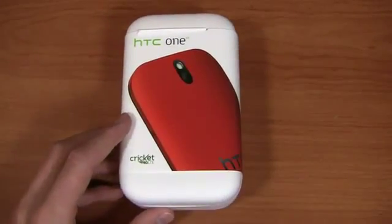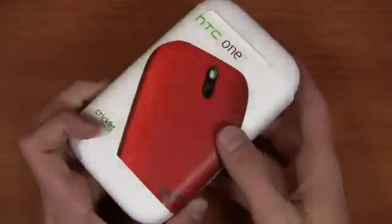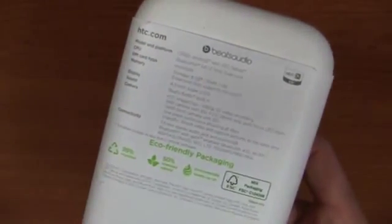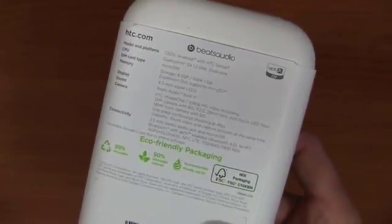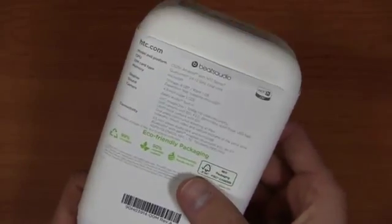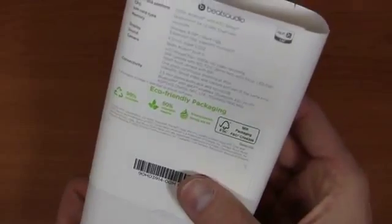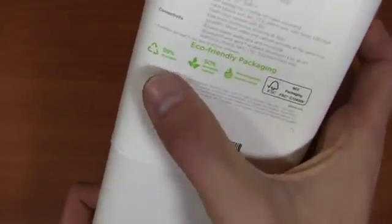It's available now at Cricket for about $330, and what I like about it is in addition to the Move Music feature that comes with Cricket, you do get 4G LTE capabilities in markets that support it. Other specifications include a 1.2 gigahertz dual-core Qualcomm Snapdragon S4 CPU. You got a 4.3-inch display here, 480 by 800 pixels, Super LCD2. You've got a 5-megapixel camera with 1080p HD video recording, and this nice little sleeve,